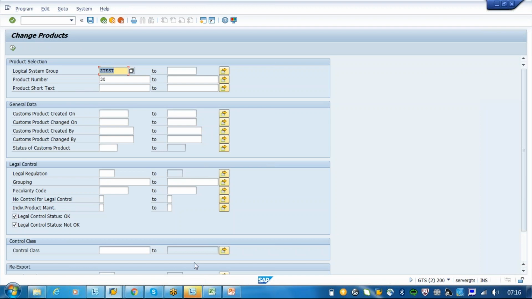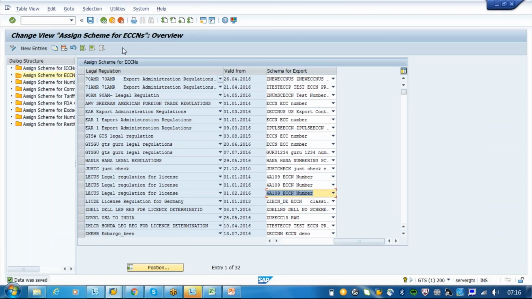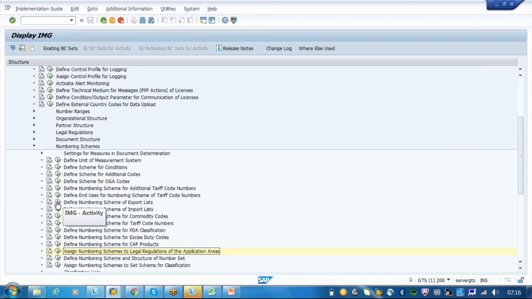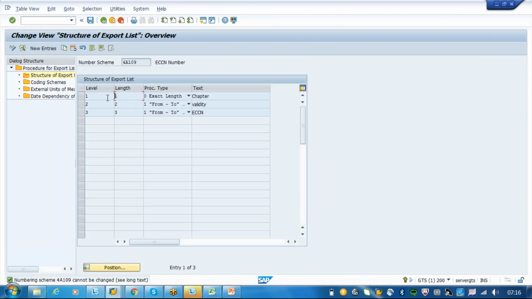No, there is only limited configuration. The first configuration that we have to do is in the numbering schema. You have to create one for ECCN. If you are doing it for ECCN, just click here. If you are doing it for tariff code, you have to create and define it for that. The structure is 5 characters per use. The first character is the chapter, the second character is for validity, and the third character is for the ECCN number.